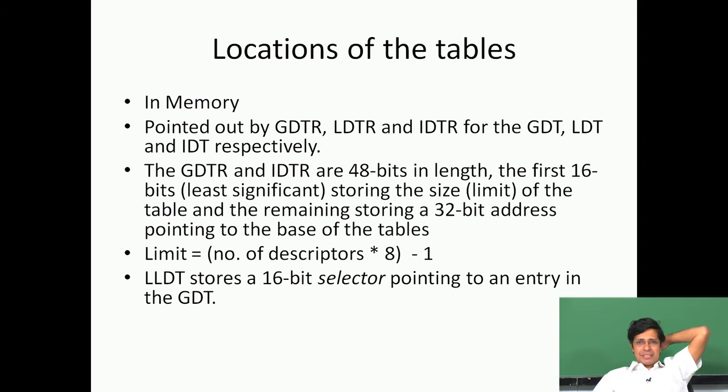So I fix the limit. When I create an LDT for you, I store what is the base and I also fix the limit, so that if anybody starts accessing beyond that limit, then what will happen? There will be a fault, right. So when I give an offset, even for your move instruction, move ds comma some offset, that offset is checked with the corresponding LDT or GDT limit and if it exceeds that limit, there itself a general protection fault comes. You understand this? And that is very, very crucial.